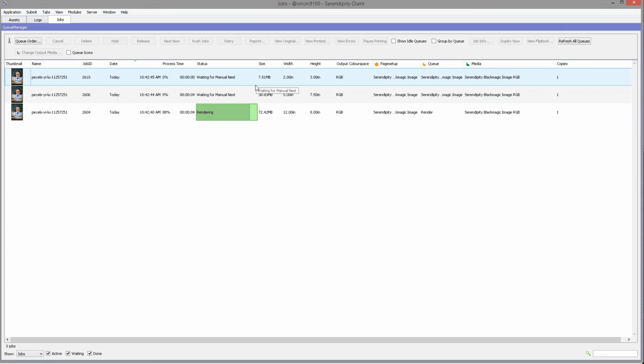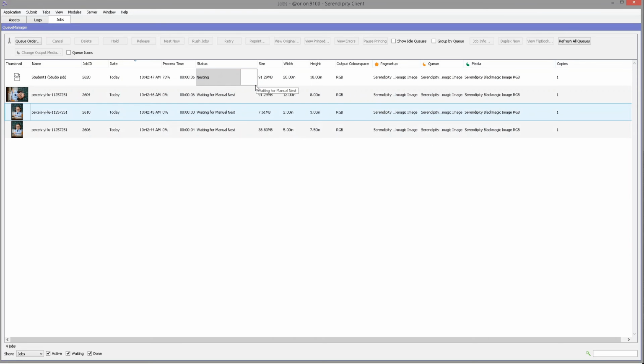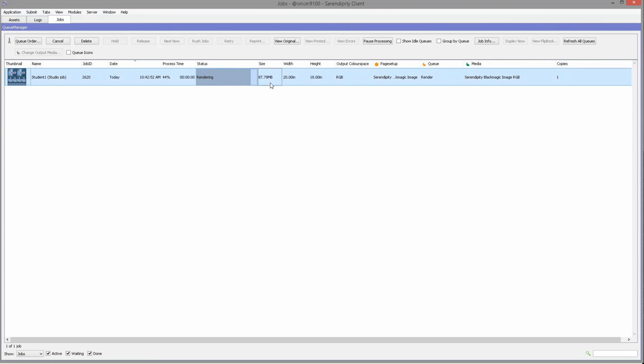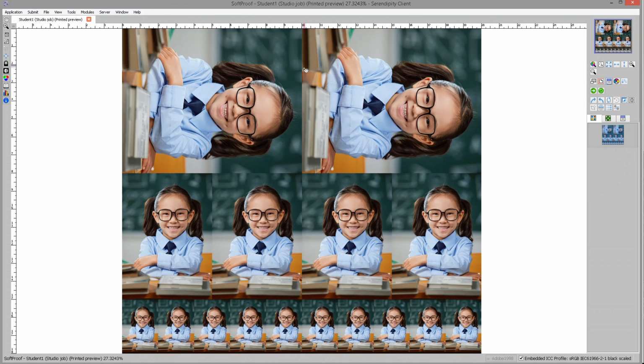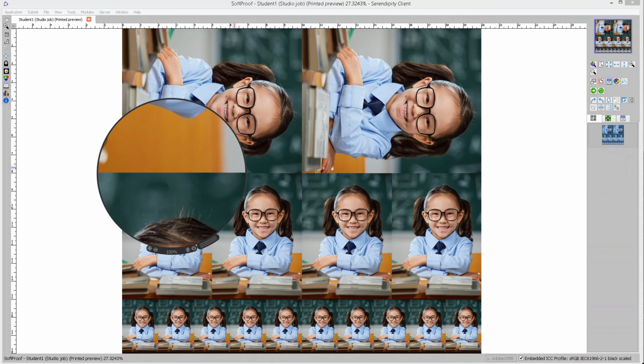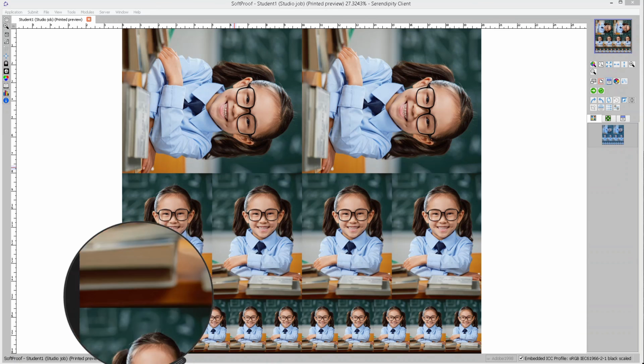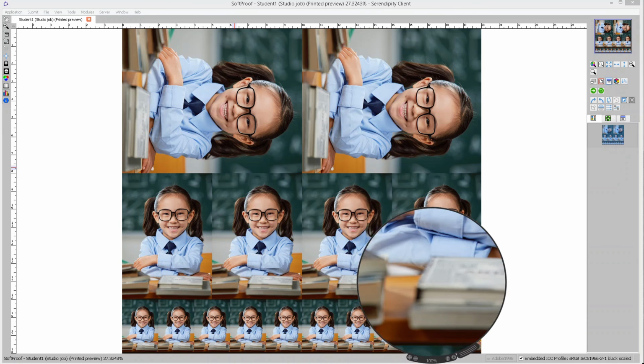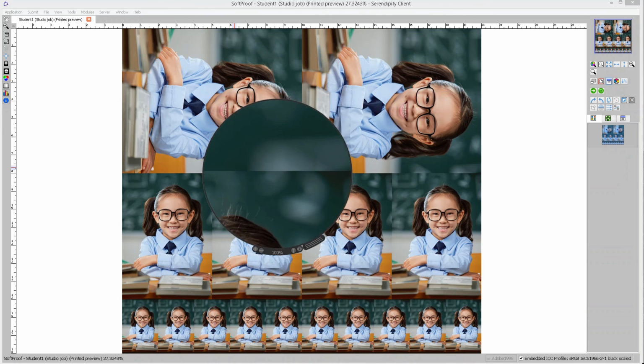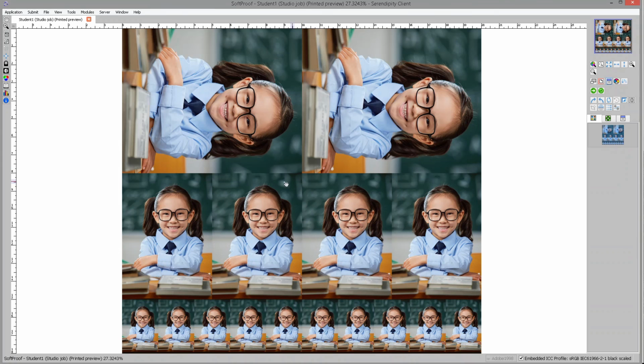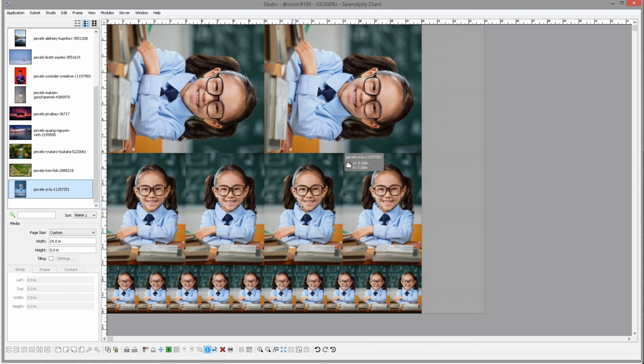Now it will nest all of these together and then it will render the nest, and once it's rendered the nest I can have a look at the preview. And there you can see my job, and there's no gaps showing in between any of the frames, which is great. Now I can send that off to print if I'm happy. Going back to Studio,